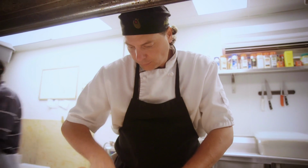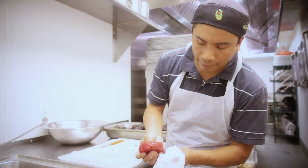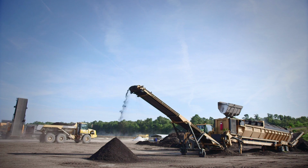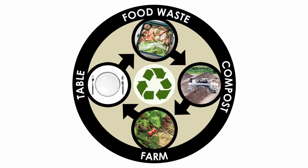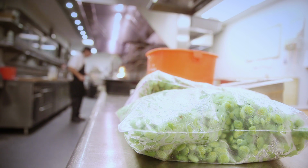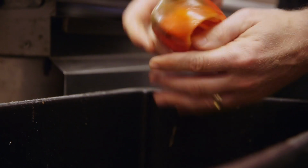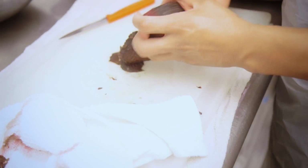Fact: a single restaurant disposes of more than 50 tons of organic waste every year. This material, if kept out of the landfill, can be recycled into an earth-friendly product, compost. Many restaurants in Charleston are participating in the farm-to-table movement. But have you considered recycling your food scraps and closing the loop by sending your organic waste back to the